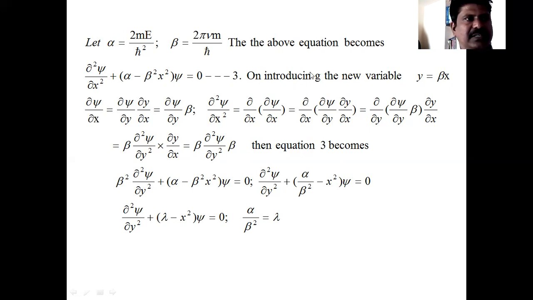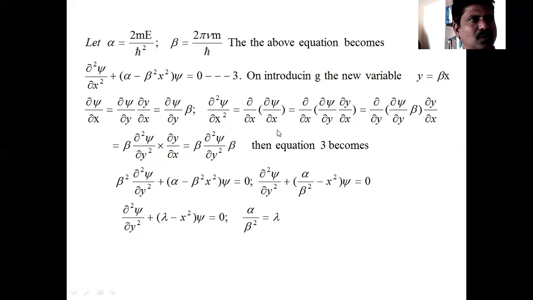So dou psi by dou y into the differentiation of this quantity with respect to x, which gives beta. Again, differentiate this quantity with respect to x twice. So dou square psi by dou x square is equal to dou by dou y into dou by dou x